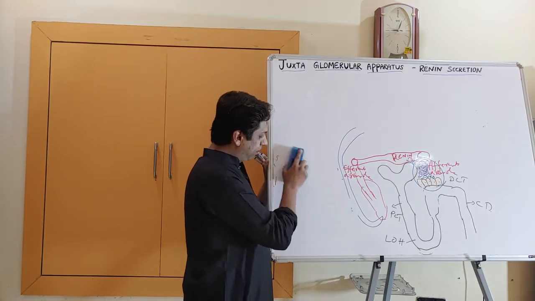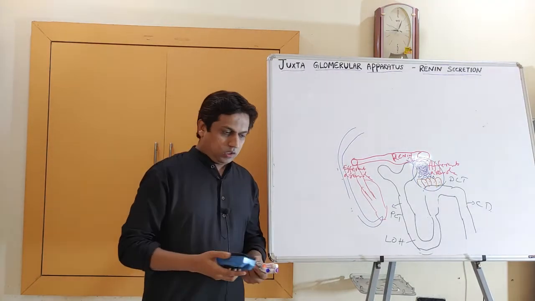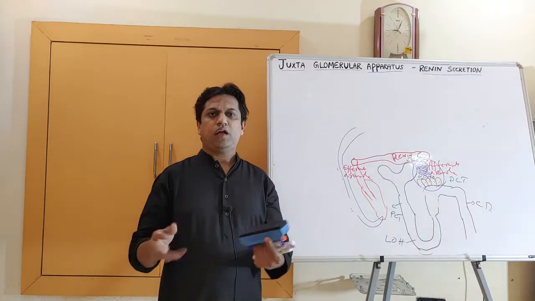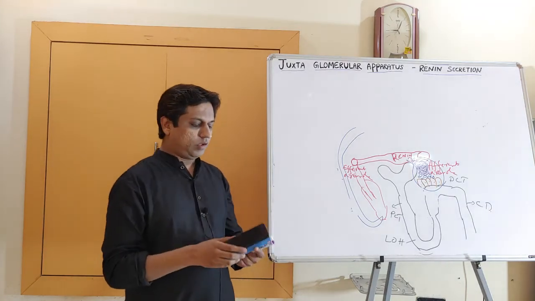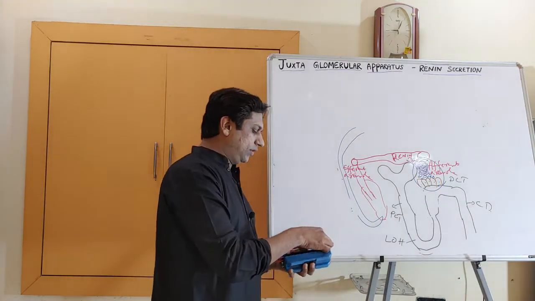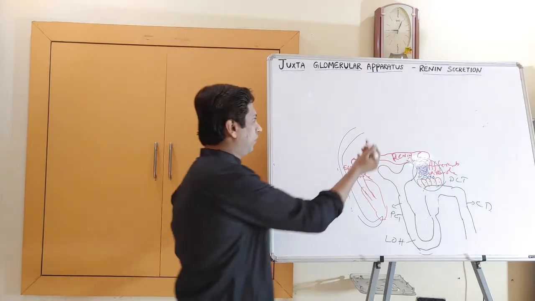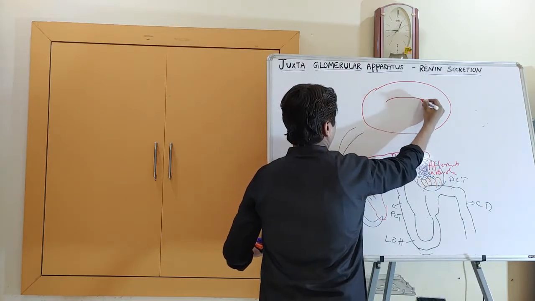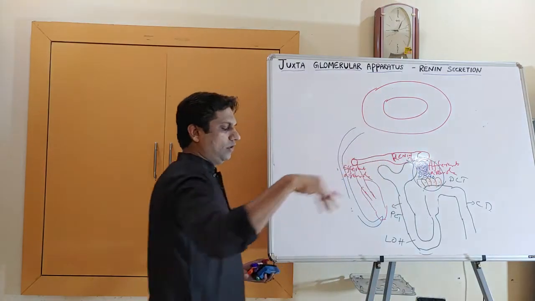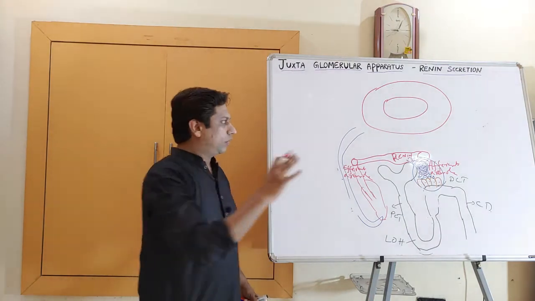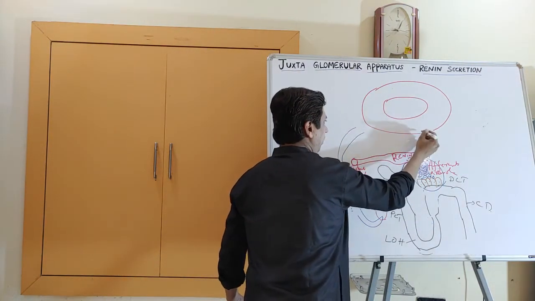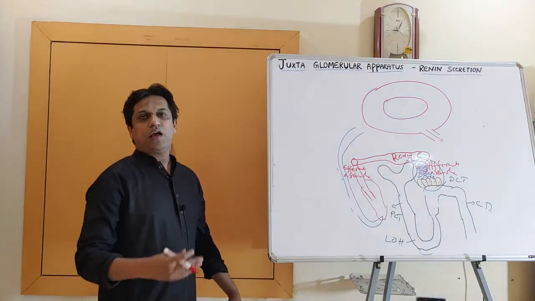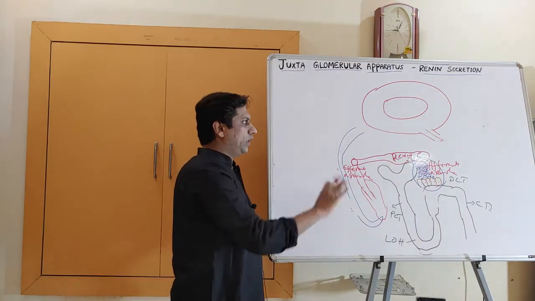So we'll take one example. Suppose there is a road traffic accident in a normal person. Consider this big circle as the circulatory system of a person, the blood vessel system, both arterial and venous, with a total of 5 liters of blood. Due to the accident, there is bleeding, and the person loses around 1 liter of blood.